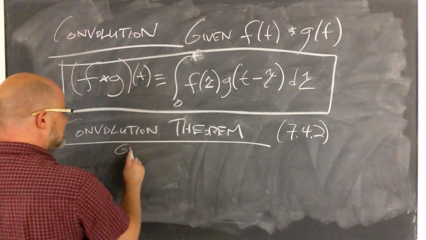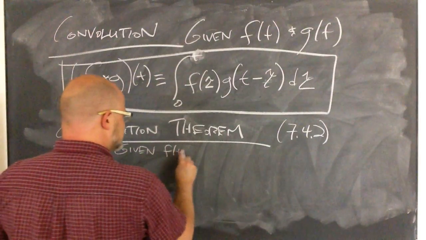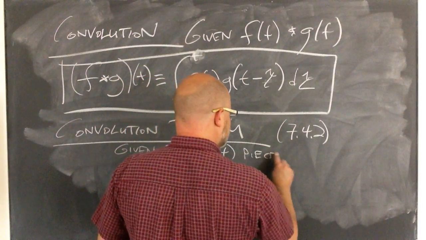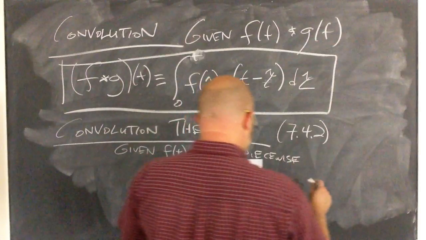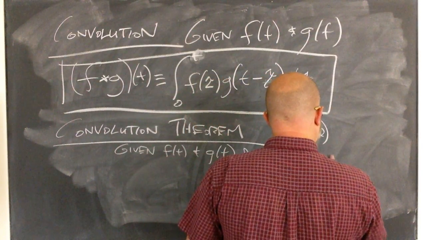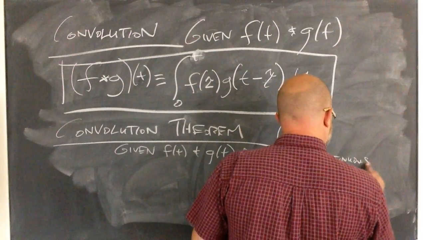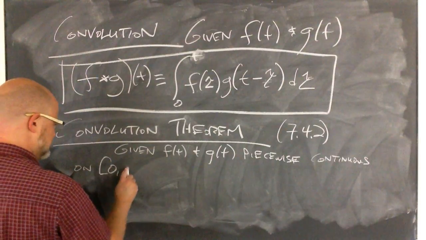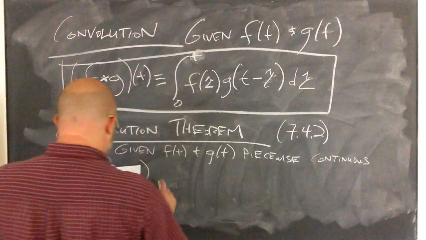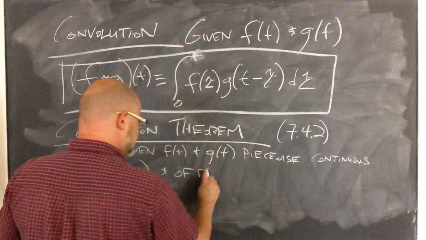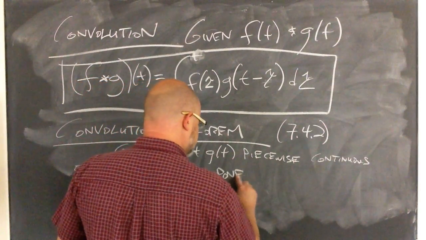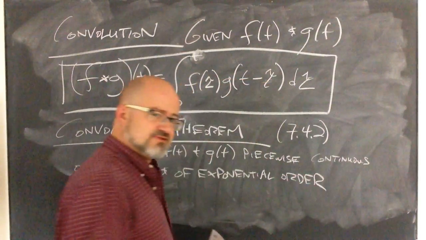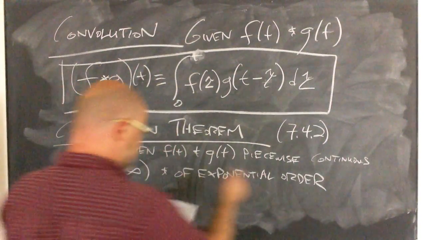Given f of t and g of t, two functions, we're going to require that they're at most piecewise continuous. Really, they just need to be integrable in the sense that we've been talking about up until now. Continuous on the domain 0 to infinity, and of exponential order, that just means that their Laplace transforms exist. Right? We talked about that before. They don't grow faster than exponential. Then